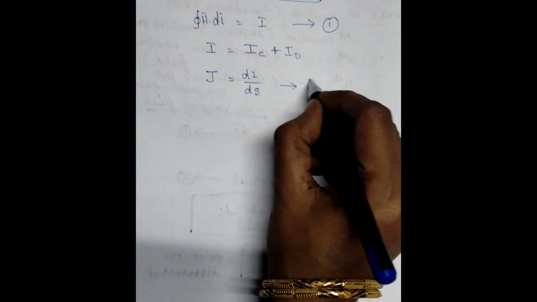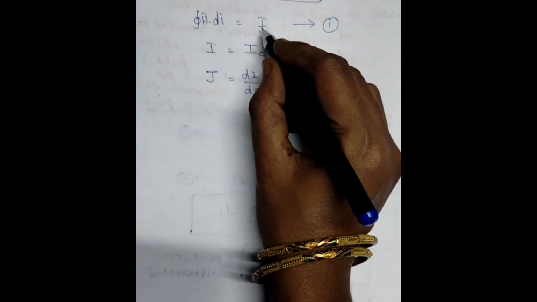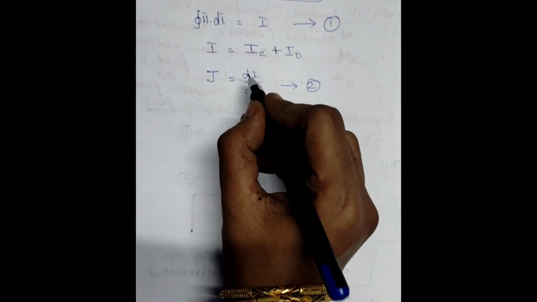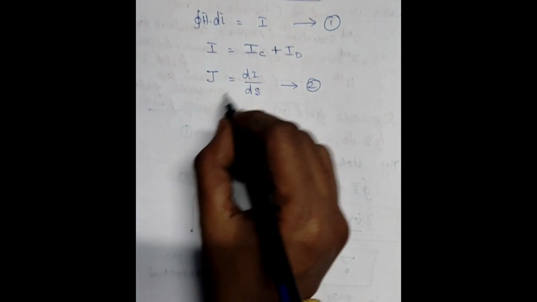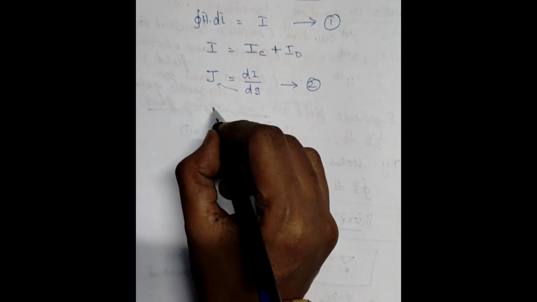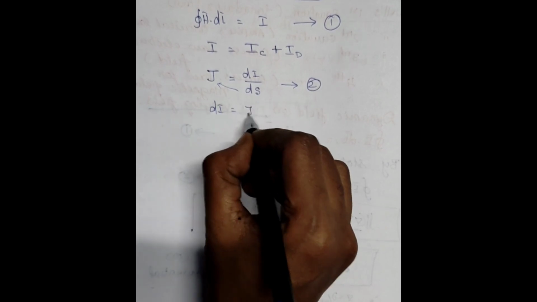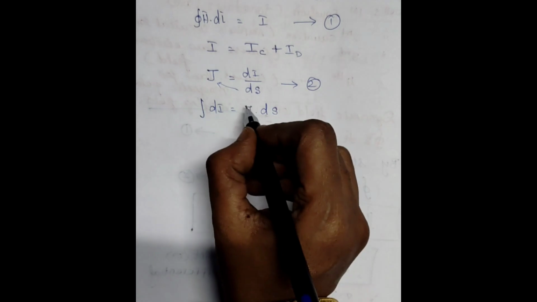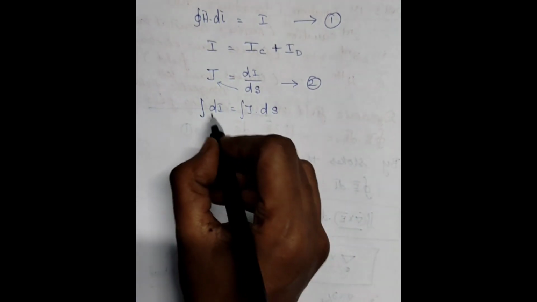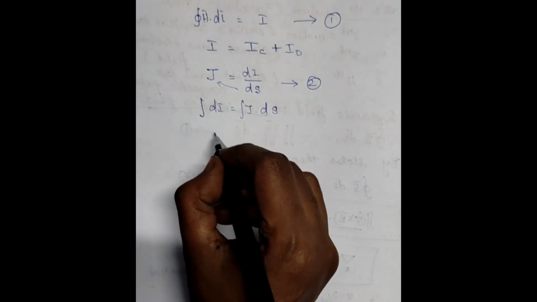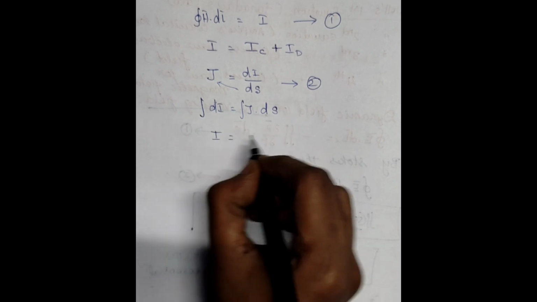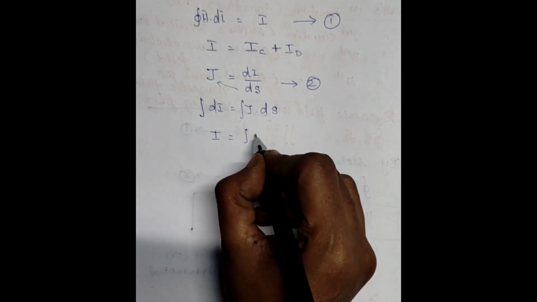Now I am in need of I. So what I want to find is di, and from that I want to take I and substitute it here. So di is equal to J dot ds. Then we take surface integration on both sides, and the differentiation and integration cancel. I can replace it with what? Yes, J